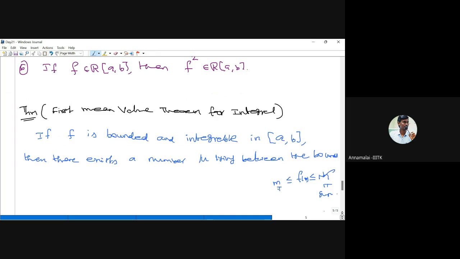Suppose mu lies between the bounds of f, that is, m is less than or equal to mu less than or equal to capital M,